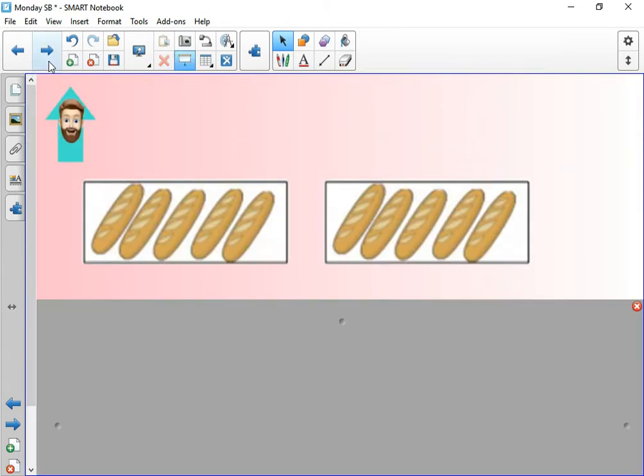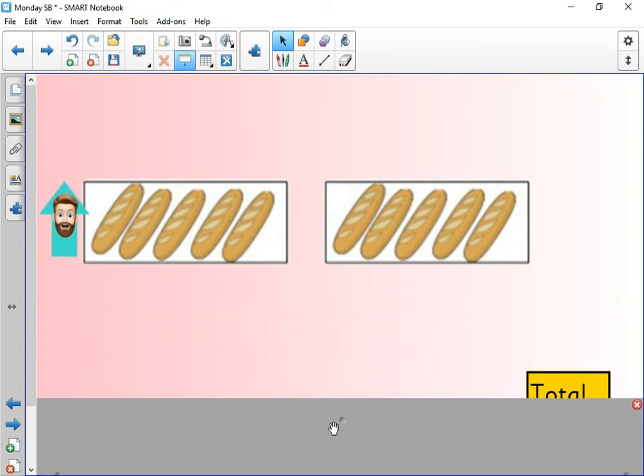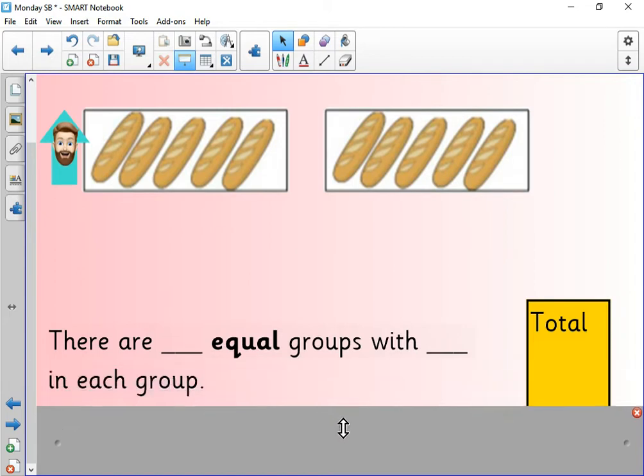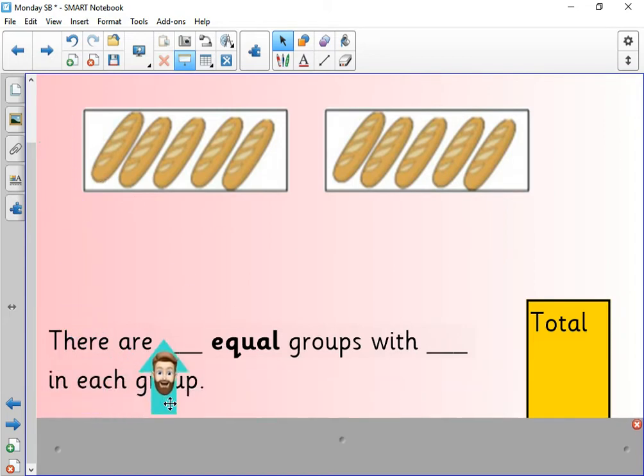Get the idea? Right, have a look at my bread. Help me fill in the sentence. There are equal groups with in each group. How many equal groups are there? How many in each group? You ready to shout out for me? There are 2 equal groups. That's right, 2 groups. There are 2 equal groups with